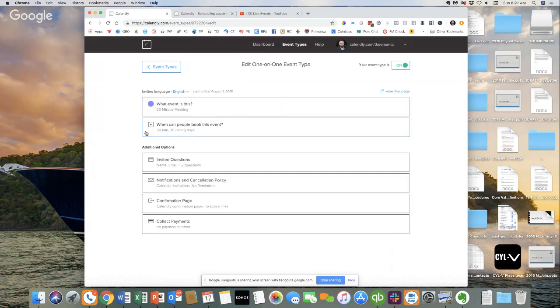So you have the ability to adjust that in here. On the paid version, this is pretty much what you have here on these additional options. You can actually integrate PayPal and collect payments. That's stuff a lot of business coaches would use, you know,